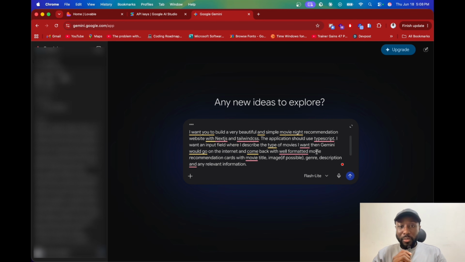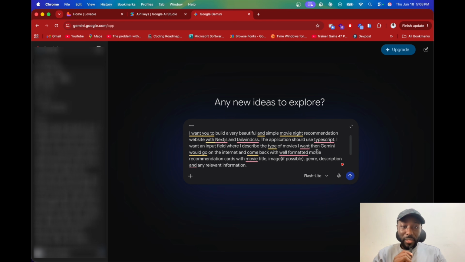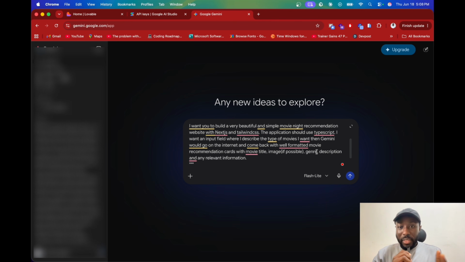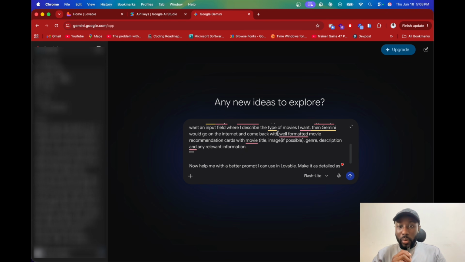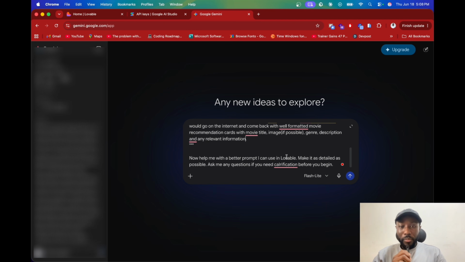I want you to build a very beautiful and simple movie night recommendation website with Next.js and Tailwind CSS. The application should use TypeScript. I want an input field where I describe the type of movies I want. Then Gemini would go on the internet and come back with well formatted movie recommendation cards with movie title, image if possible, genre, description, and any relevant information. Now help me with a better prompt I can use in Lovable. Make it as detailed as possible. Ask me any questions if you need clarification